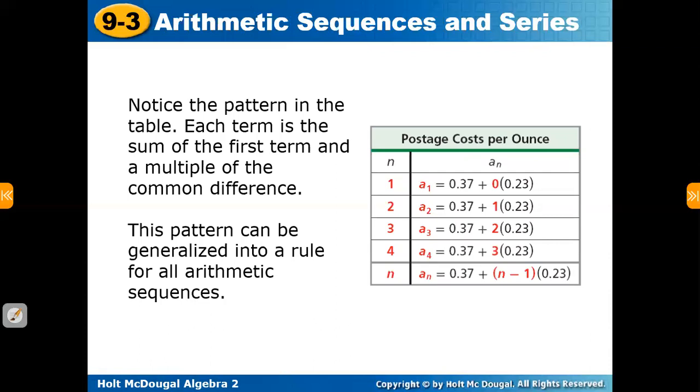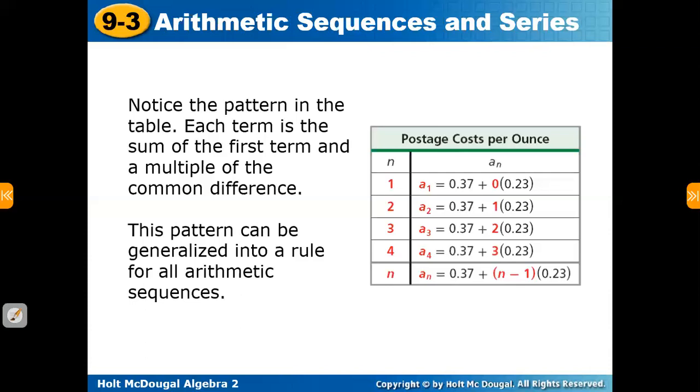If I try to find a rule in them, A1 equals 0.37 plus 0 multiplied with the difference. A2 is 0.37 plus 1 multiplied with the difference. A3 is 0.37 plus 2 multiplied with the difference. So from here, I can notice a pattern that AN is 0.37, which is my A1 value,